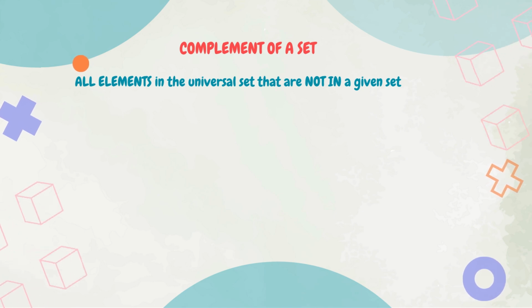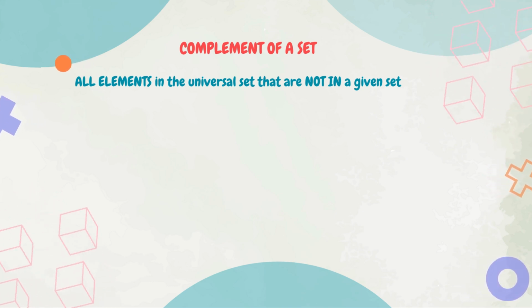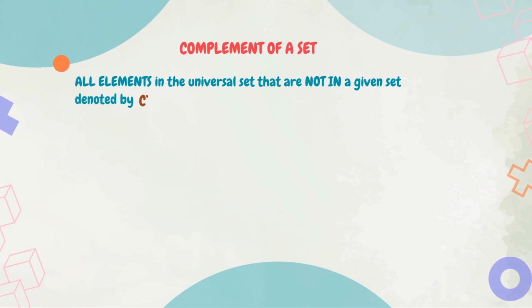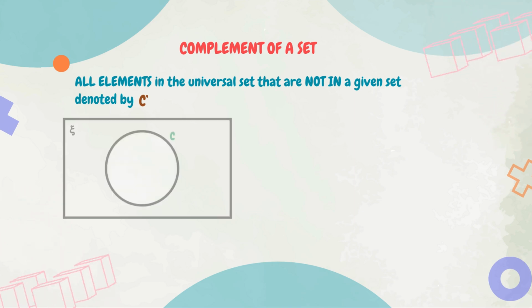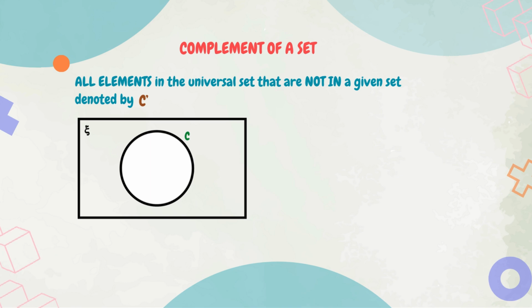Next, the complement of a set. The complement of a set is a set of all elements in the universal set that are not in a given set. It is denoted by C with an apostrophe. To illustrate, this image depicts the universal set and set C. The complement of set C are all elements in the universal set but not in set C. To represent the complement of a set, find all elements that are not in a given set but are part